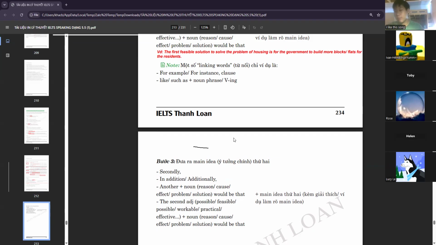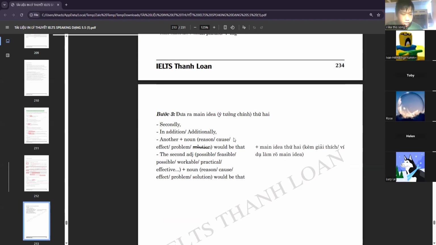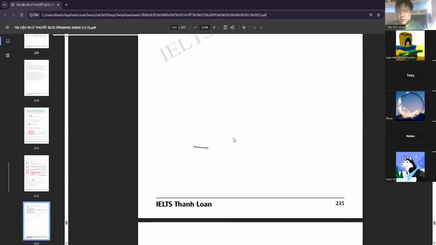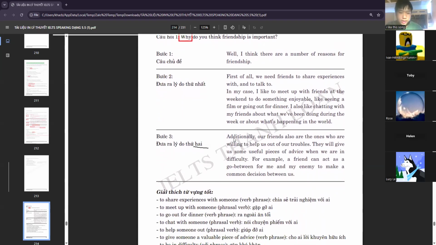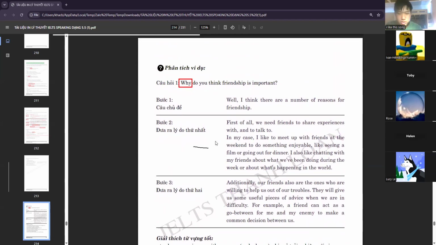Remember that you will not have any time at all to prepare for these speaking part three questions. You will probably have around 10 seconds to read the question, and you need to think of an answer right after. So I suggest practicing how to create ideas as fast as possible while still having them make sense. So yeah, that's basically your second main idea. Let's have a look at a sample speech.